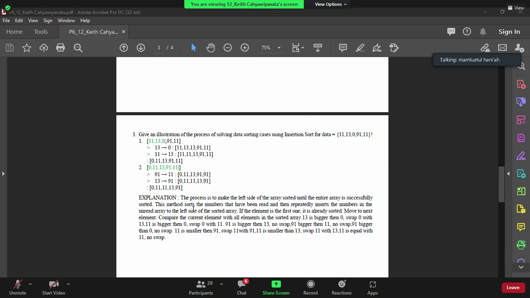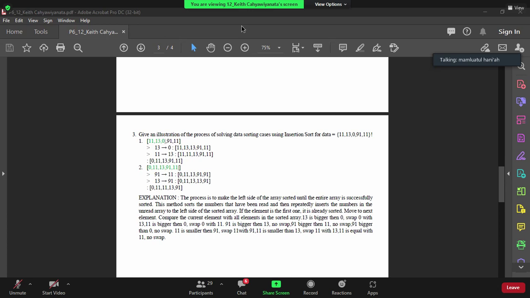So if you compare 13 with 0, if 13 is greater than 0, you will shift. Shifting, yes. You will shift your array to the next position. I mean, if your element is in the first index, you need to shift it to the second index, like that.